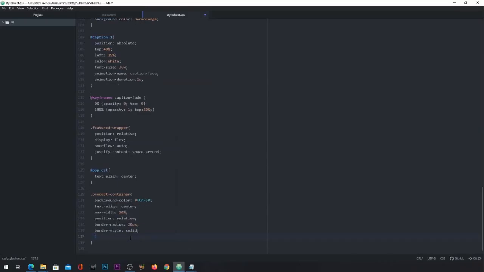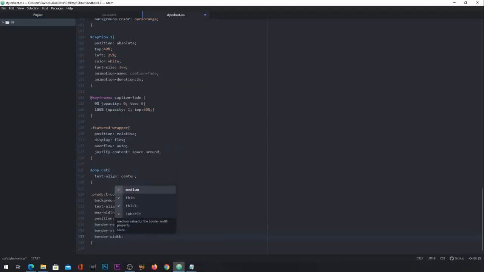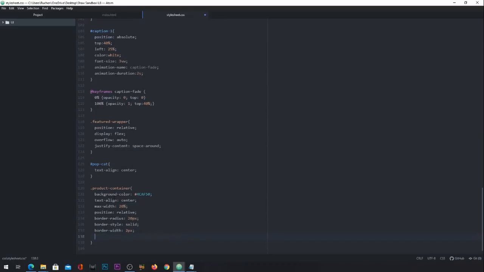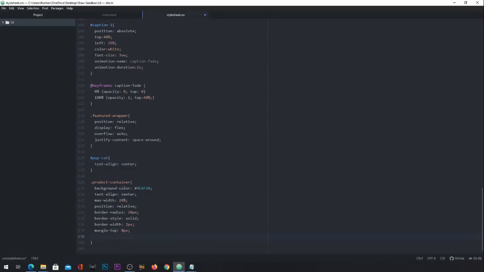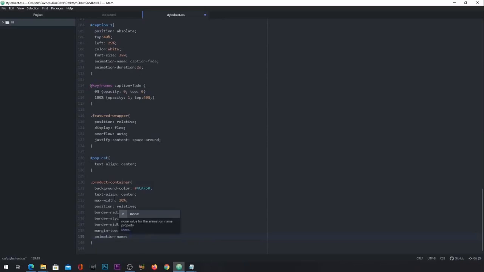And then the border width I'm going to set to a measly 2 pixels, just so that it can pop a bit. And the margin top of this holder, I want to set to 8 pixels. Okay, next I want to go and add an animation to this, and I'm going to set the animation name of this to product container